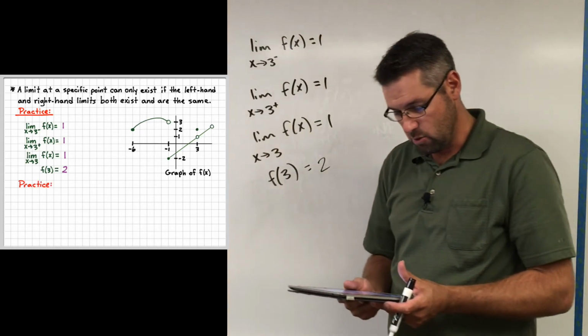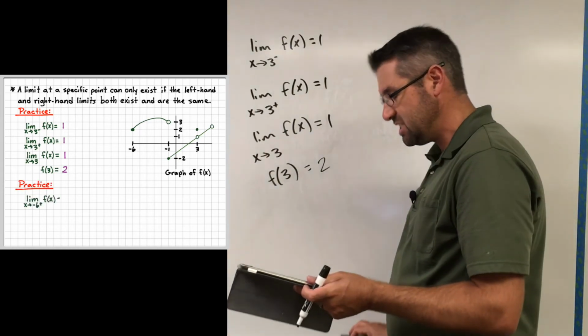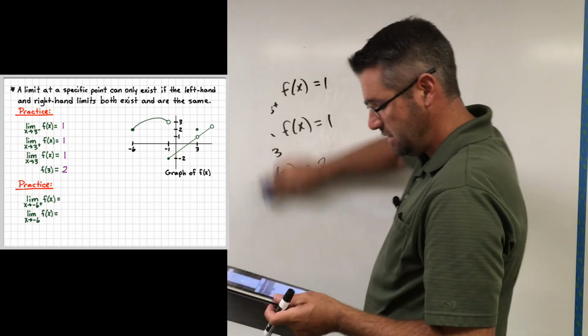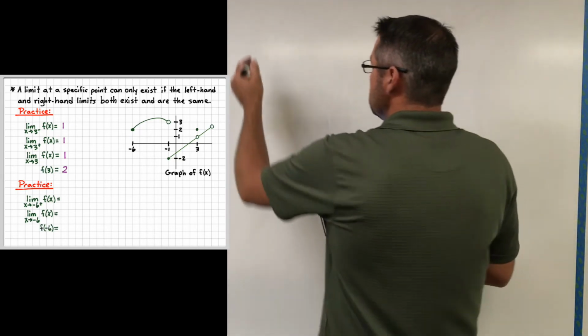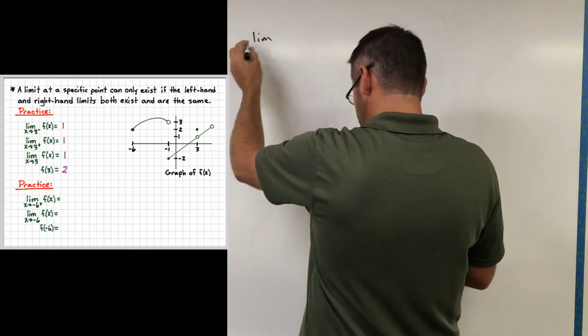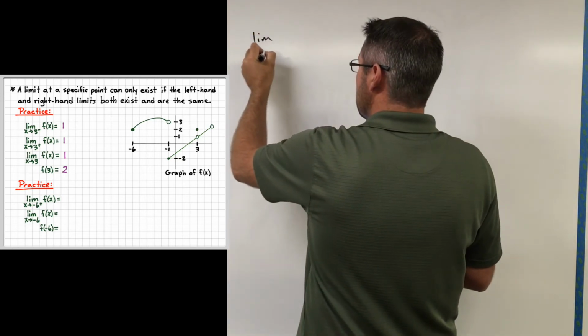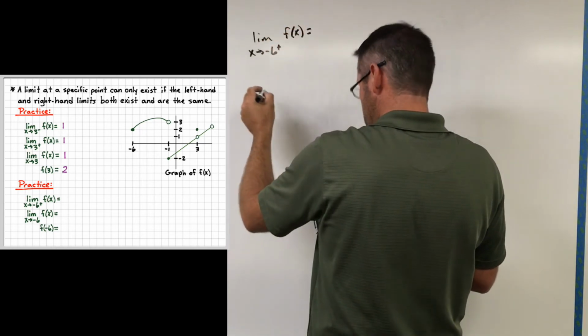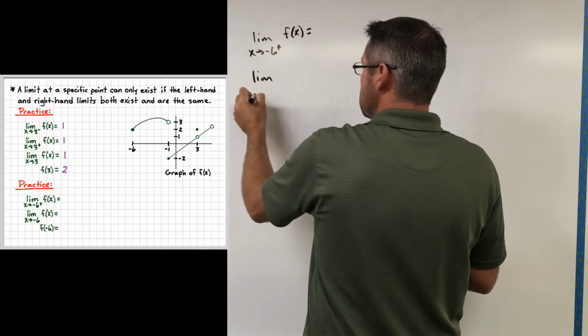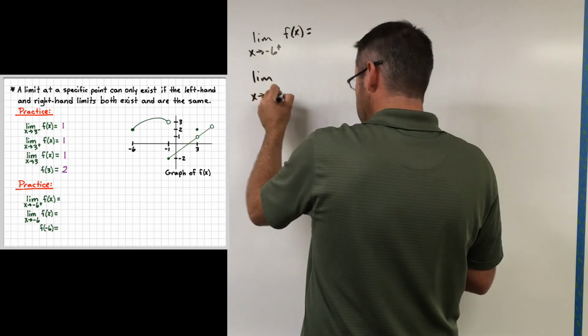Let's go ahead and do another one. The limit as x approaches -6 from the right, -6, and f of -6. So I'm not clearly defining some of this stuff. A lot of it is just a matter of seeing an example of it so you can see what's going on. Okay, limit as x approaches -6